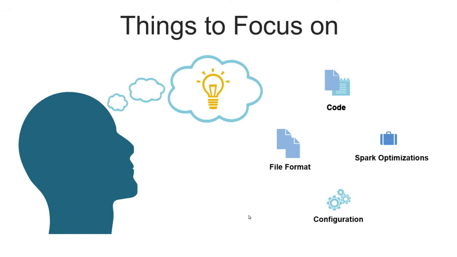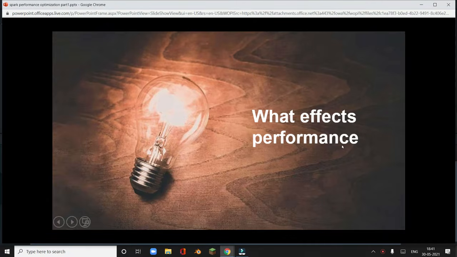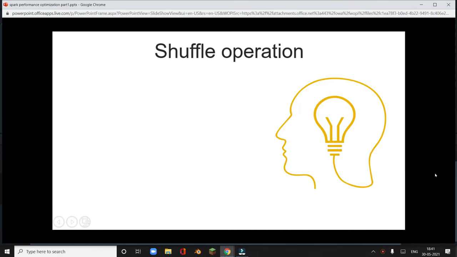So let's get started. Before even looking at what improves our performance, let us first understand what are the different things that will affect our performance so that we can keep a watch on them. So first of all, one thing which really affects our Spark job performance is the shuffle operations. Now, as we had seen in the previous video about the Spark APIs, we had spoken about shuffle.